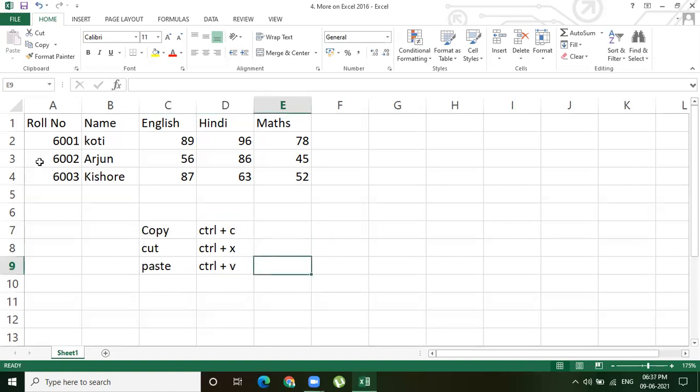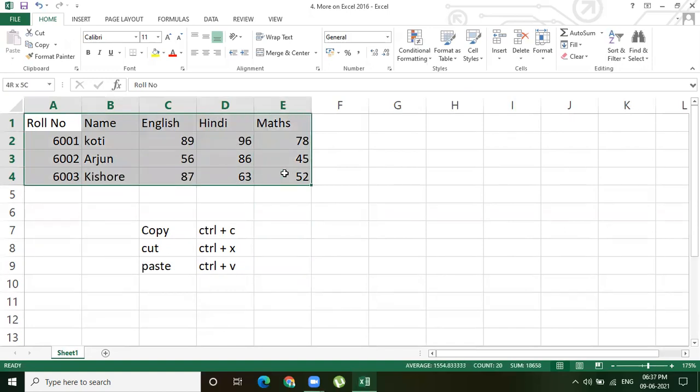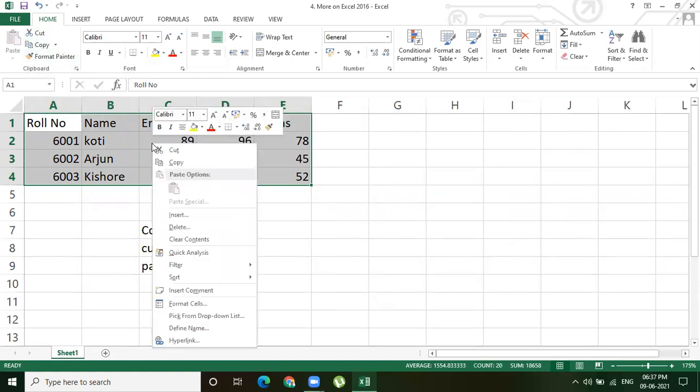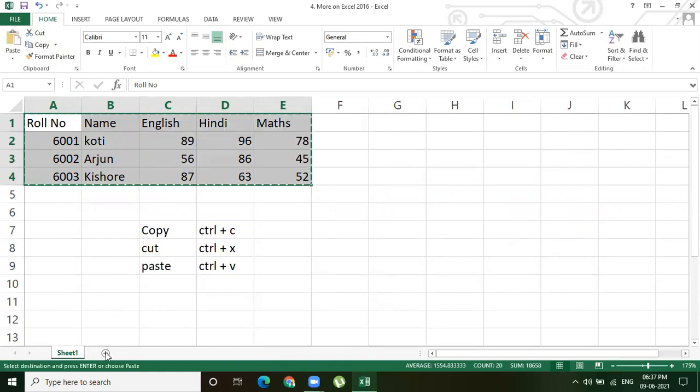Right. So select the data. You know the shortcut key. If you don't know the shortcut key, you can see under the home tab, there is a cut, copy and paste options. Shortcut key for copy is Control C. Even if you don't know shortcut key and these options, just right click on the selected text, just select copy, and wherever you want to paste this information.